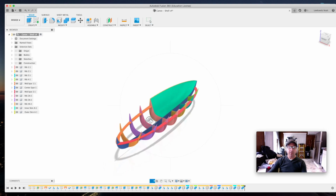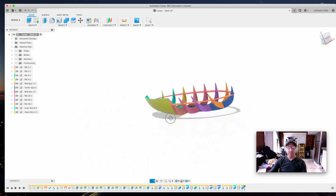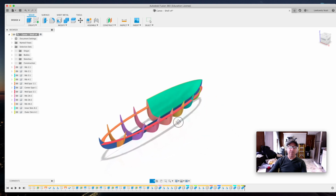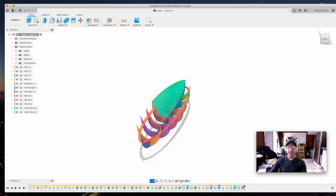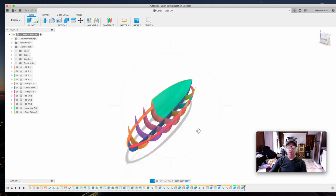So that is it. You could, if you'd like to, combine and mirror these outer skins. I don't need you to do that for this project. I want to see this view. So I'd like to see 2